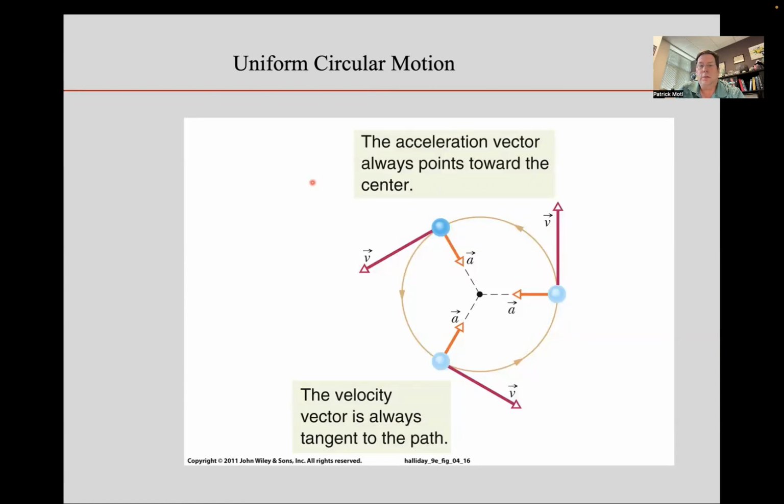Another special case of motion in 2 and 3 dimensions that we want to consider as part of this chapter is the case of what's called uniform circular motion. The most important aspect about circular motion is, since the direction of motion is changing,